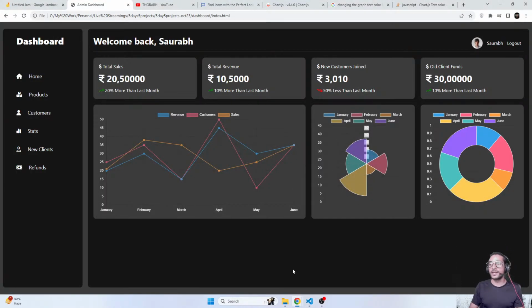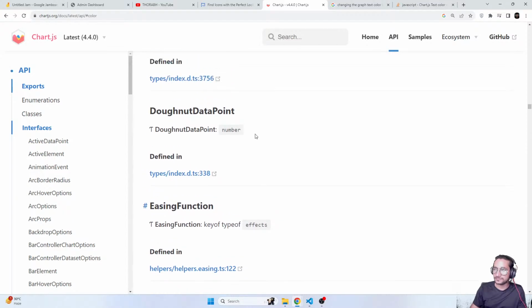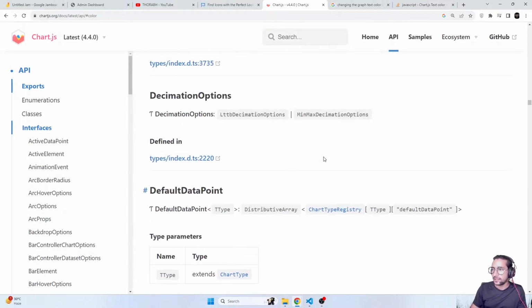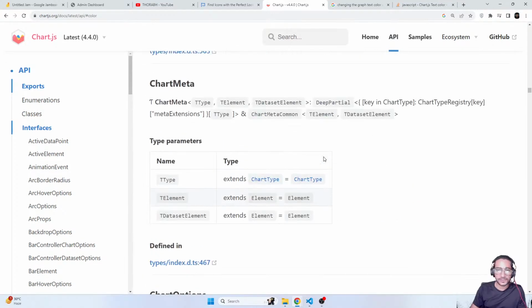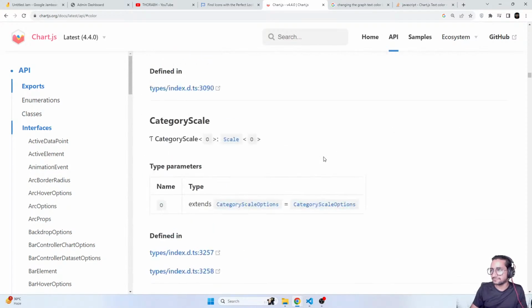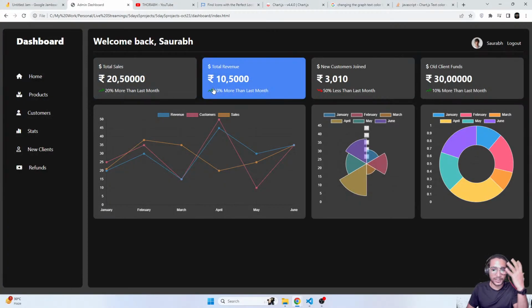All good. So just a matter of 2 minutes. We just have to find it out. I don't know why in the documentation it's so tough to search. Even if you search for color, it is not mentioned where to use it and how to use it. So sometimes documentations are a pain in your head. Something like that. Okay. So guys, now after this, what we want to do is we want to create a